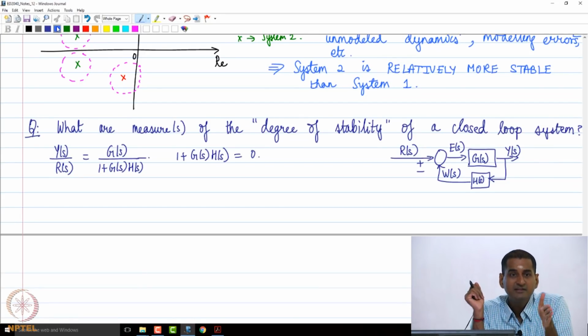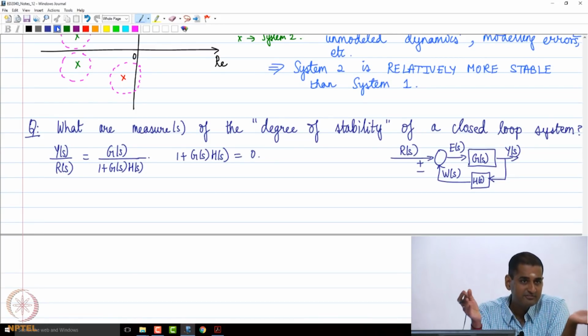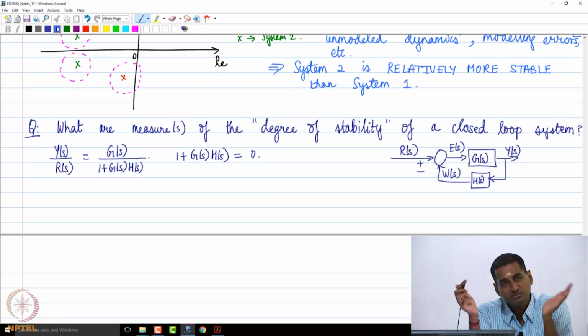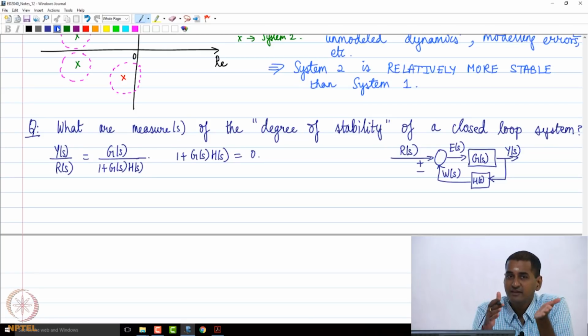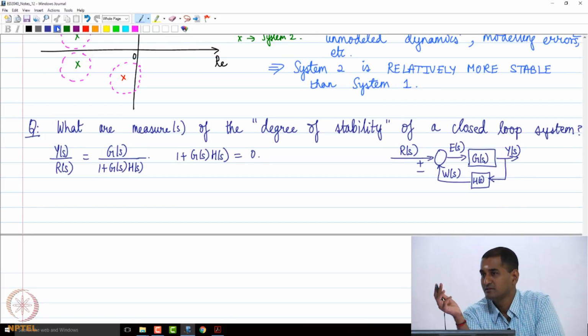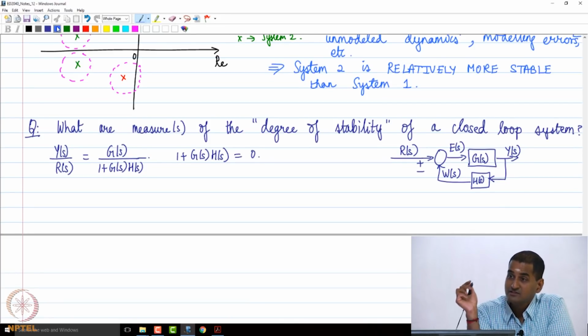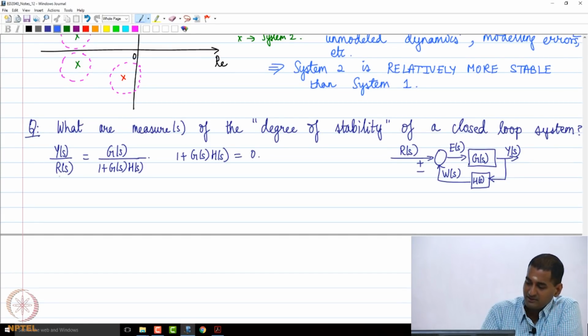So the j omega axis, or the imaginary axis, is the boundary between the left half plane and the right half plane. If my closed loop system is stable to begin with, and the closed loop poles are migrating closer and closer to the right half plane, they have to necessarily pass through the j omega axis, which is the stability boundary, before they go to the right half plane. Do you agree? We can use that to our advantage. So the point is the closed loop system